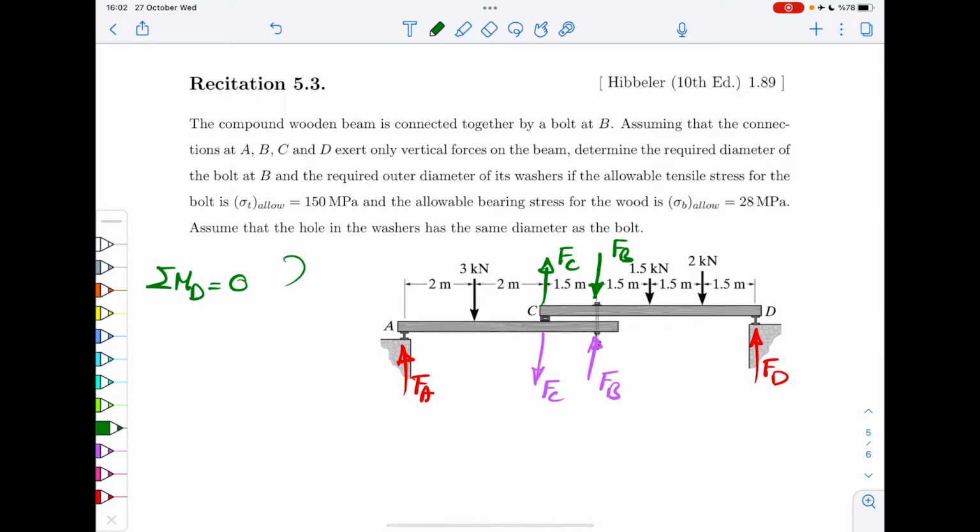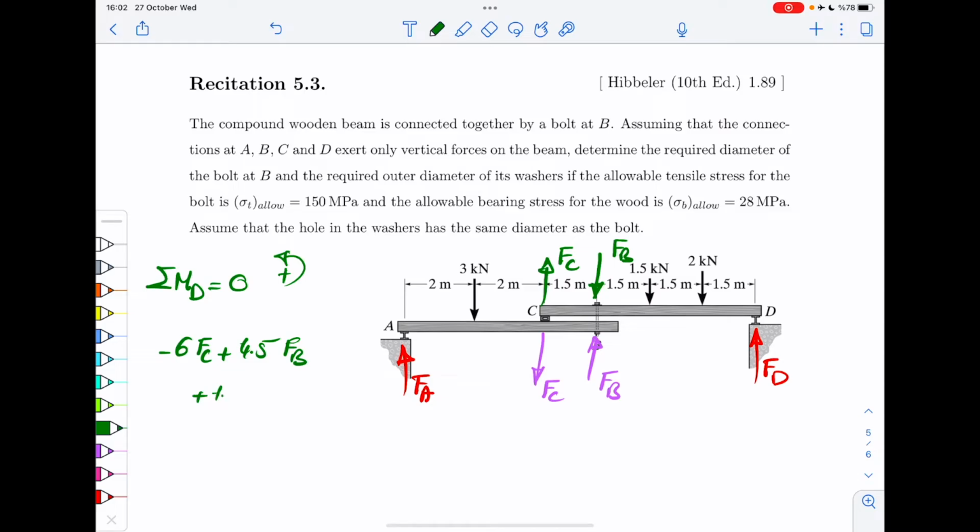And then again, assuming that counterclockwise is positive, what do we have? We have 1.5 times 2 that causes a counterclockwise, so it comes with a plus. Then you have 3 times 1.5, also counterclockwise with a plus. Then you have FB times 4.5, also counterclockwise. And then eventually you have FC times 6, that is clockwise, so it comes with a minus. So you get minus 6 FC plus 4.5 FB